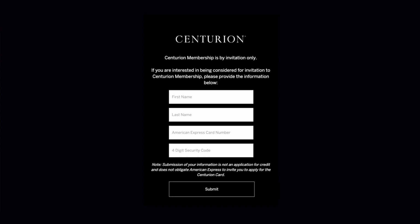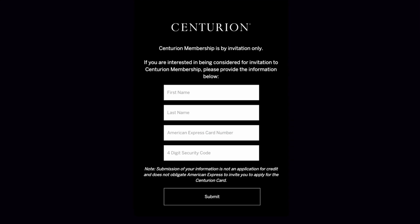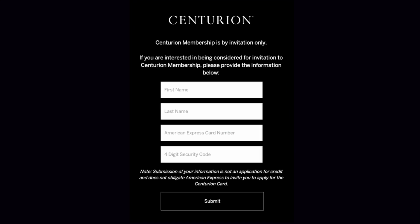And at least with the Amex Centurion Card, it is possible to apply to be considered. But as it says in small print below the application, submission of your information is not an application for credit and does not obligate American Express to invite you to apply for the Centurion Card. So if you do decide to apply, hopefully you meet the spend requirements, which are rumored to be around $350,000